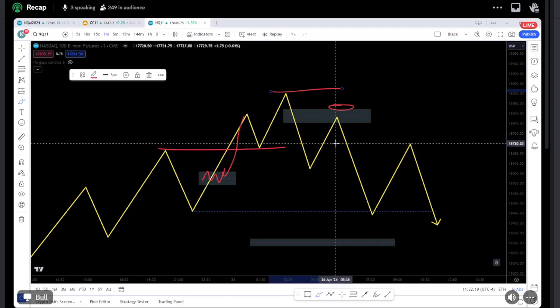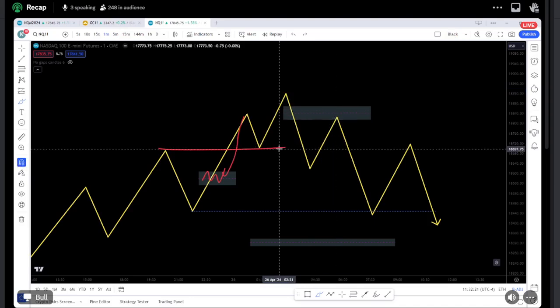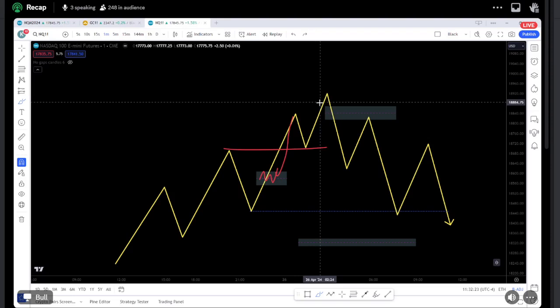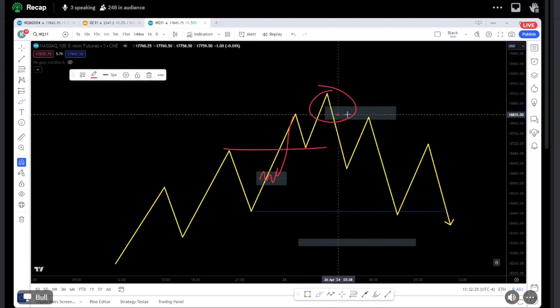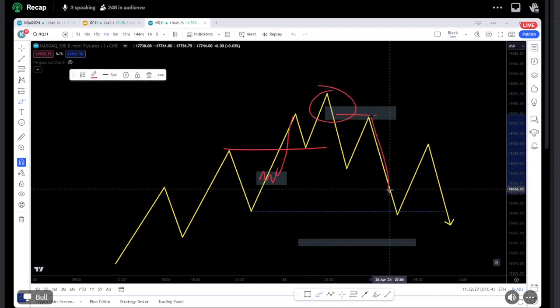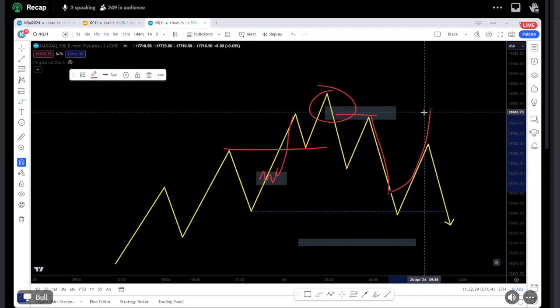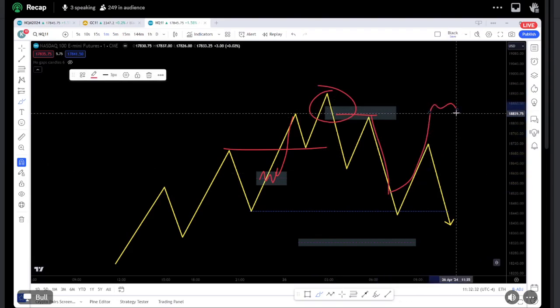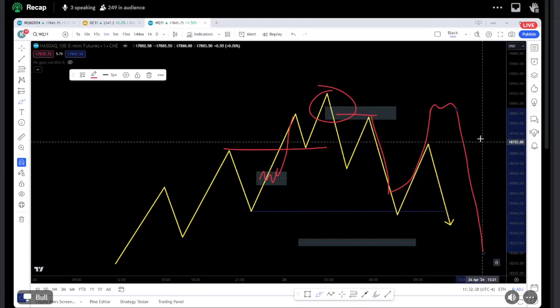And what you're essentially looking for with those is you're looking for unmitigated levels either near the origin of the move that taps back in, break structure. We get a double tap into here, potentially a double bottom, which would be fantastic because we know that double bottoms actually run both lows. And that will be our larger move out of there.